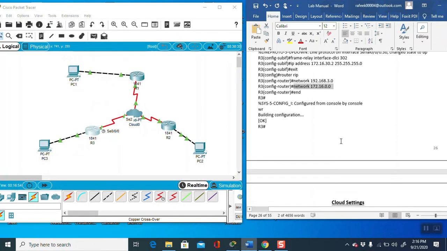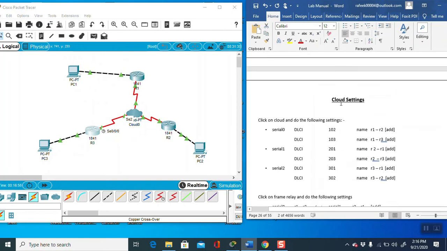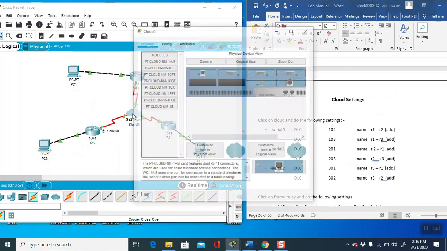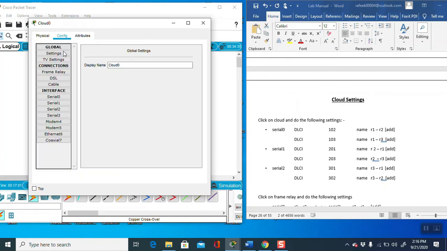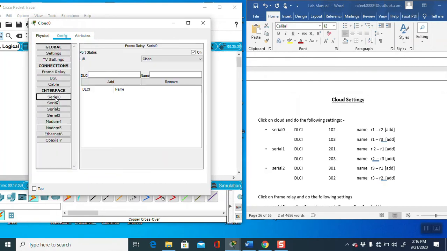Now we have to go inside the cloud. So click the cloud, then click configure. Then click serial 0. Then add one by one. So here the DLCI is 102, and here R1/R2.